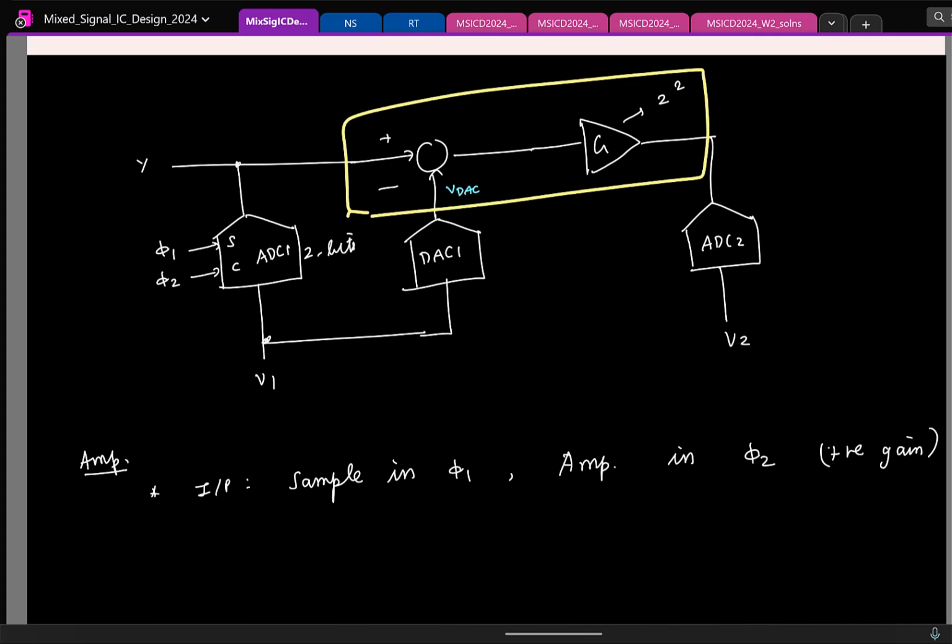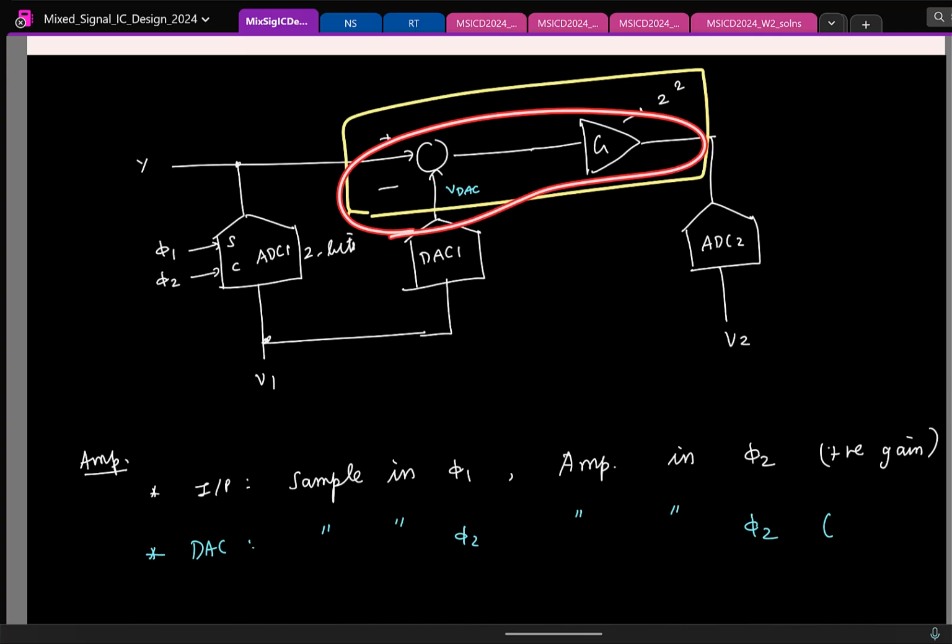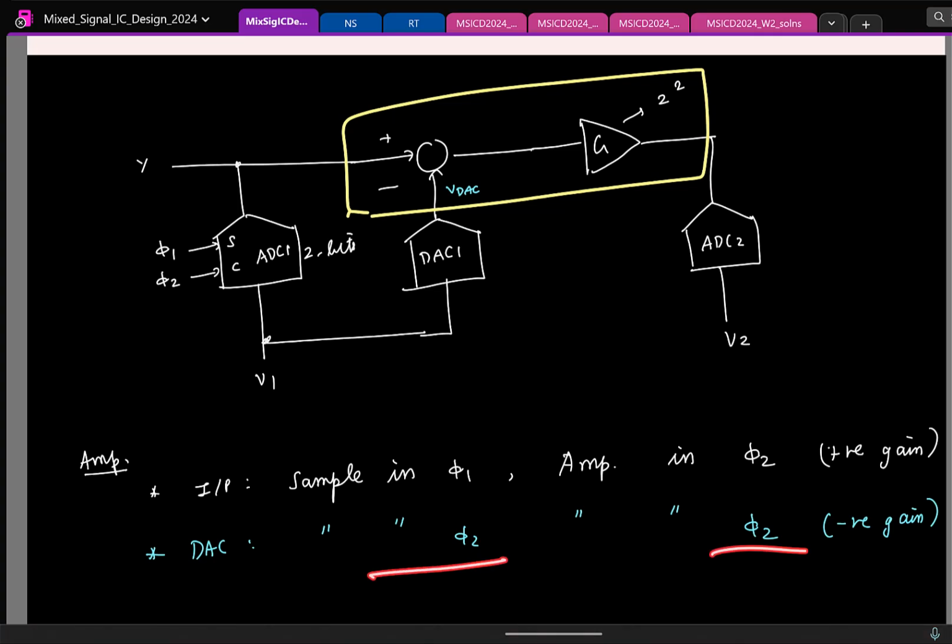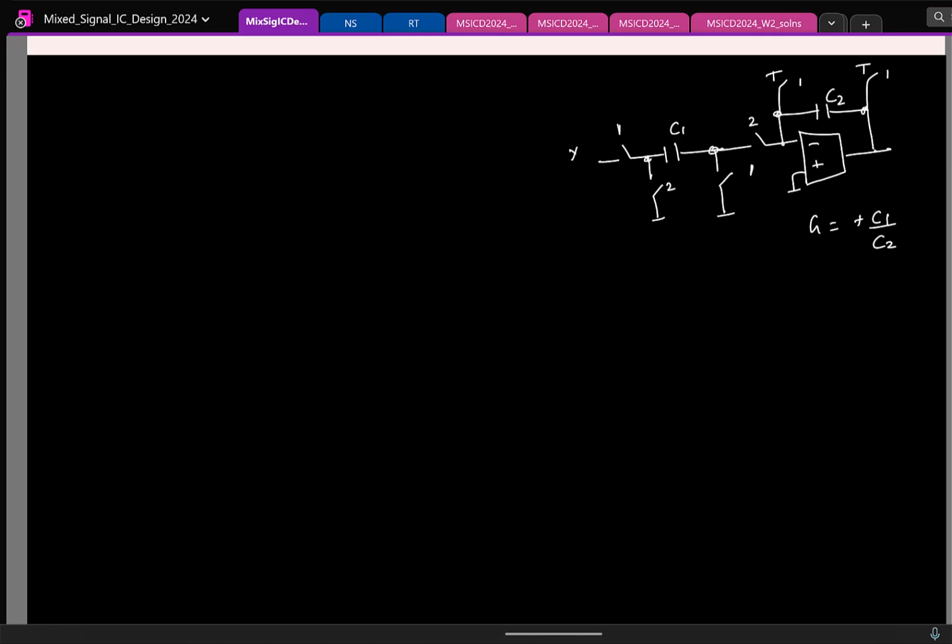So with respect to the DAC, you sample in phi 2 and you amplify it in the same phase, phi 2. And remember, the gain should be positive or negative for the DAC? Negative. And how do you do this? The delay free switched capacitor integrator, because you are sampling and amplifying in the same clock phase. So